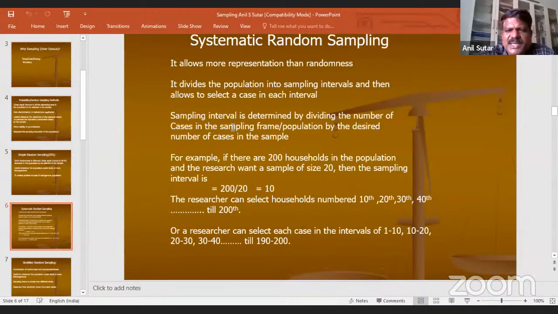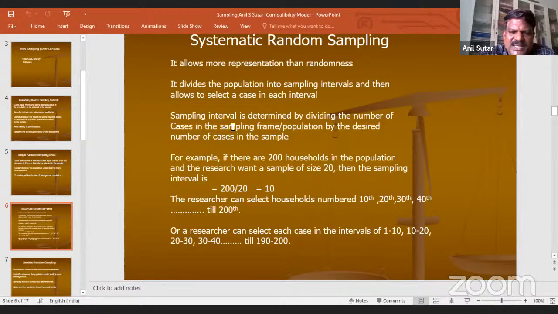For example, if you are doing a household consumer survey, and there are 200 households in the population, and you want a sample of size 20, then the sampling interval can be arrived at by dividing 200 by 20, that is 10. So 10 is the interval for selecting your sample, or it can even be called the sampling unit.